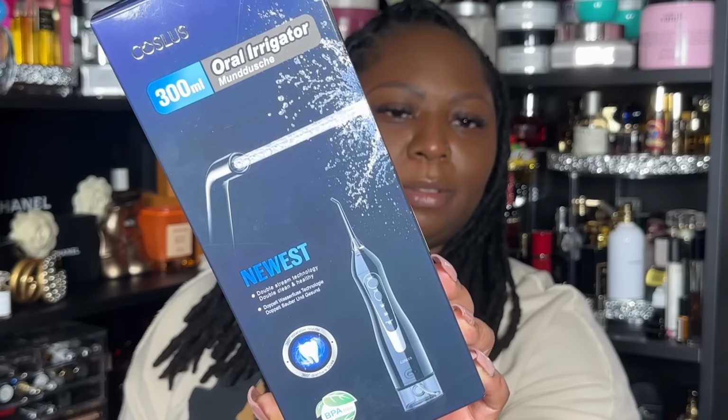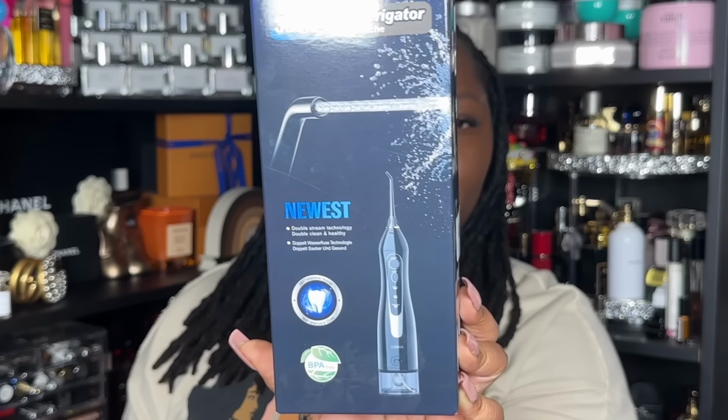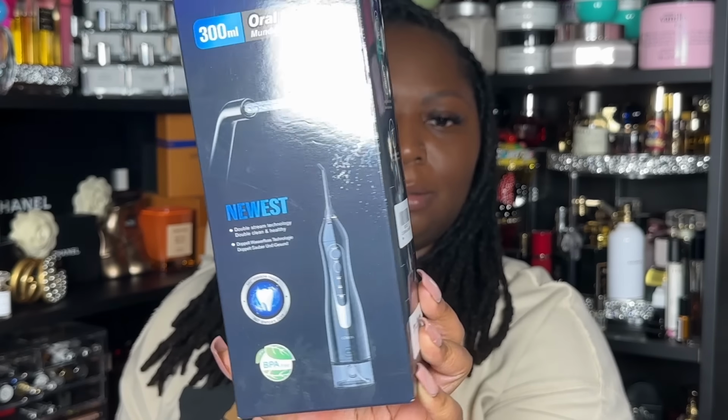Next, I picked up a few things off Amazon. So I bought a floss pick last year. I dropped it. I did another one. So this is the Cult. I don't know how to pronounce the brand, but it's an oral irrigator. So looks pretty much the same as the one I had already gotten. I don't know, I think I picked this one because it was just cheaper. So this is what I have. And then I picked up